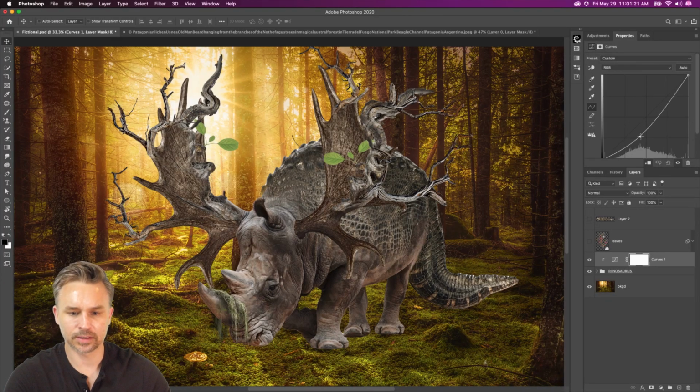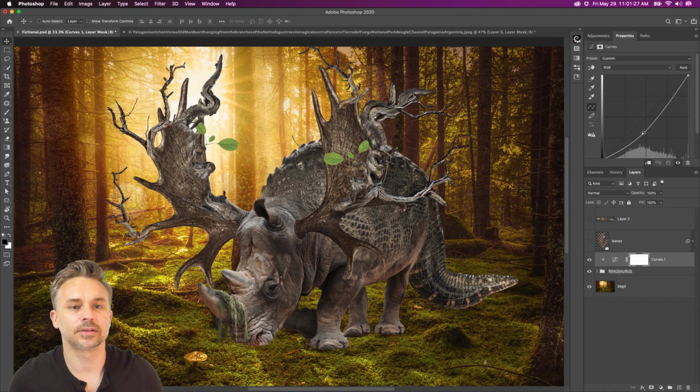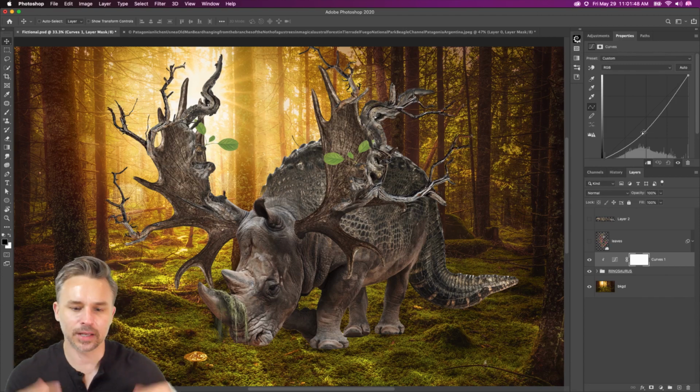Now I can make, of course, our whole rhino darker, right? That's pretty straightforward. I could end up with a number of layers. Right, so this already looks like 1,000 times better, wouldn't you say? Tyrannosaurus Rex. I'm really into this. Let me show you something else that's going to be amazing, because actually there's a couple